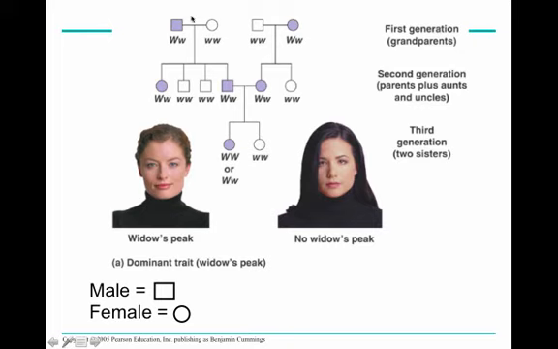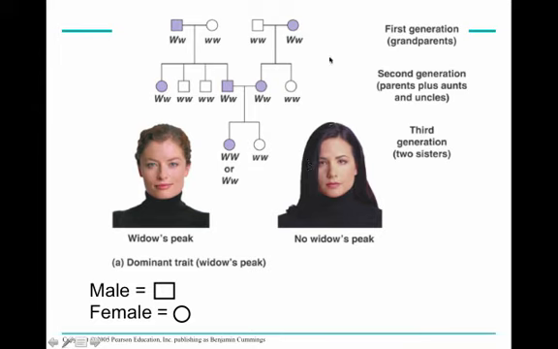So for instance, just to orient you to the pedigree, circles are always for females, squares are always for males. The dominant alleles, of course, recessive alleles, that all remains the same. A horizontal line indicates mating. A vertical line down to another horizontal line with offspring indicate the offspring of that particular mating. And these would all be brothers and sisters, okay? And then these two individuals married and had these two lovely young ladies down here. And we're looking at a trait called a